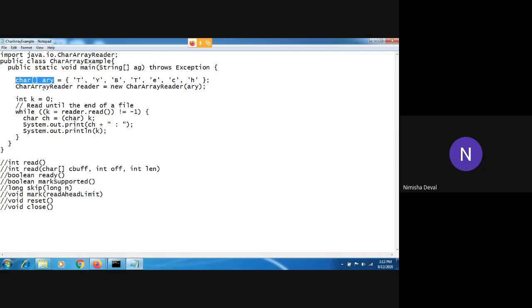So it will read one by one and print in front of us. A while loop is used to read those characters. After reading, it will convert it into a character, because here the reading process is going on with the help of the ASCII value, and again it is converted into a character, and then printed in front of us. So this is the process.